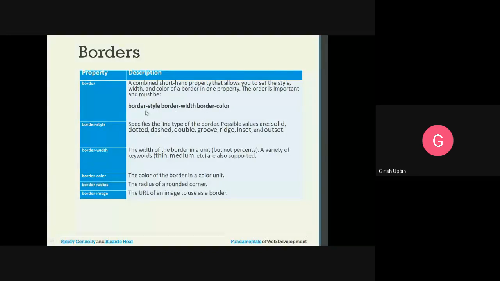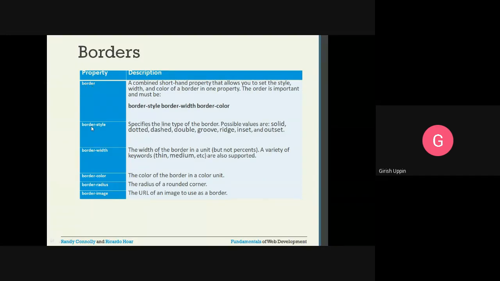For example, in the previous examples, we saw border style, let us say solid, then it can be solid or dotted, whatever. Then border width, you want to say 2 pixel or 5 pixel. Then border color, which color you want to give for that border. So all these properties can be set in just one shorthand property using border.